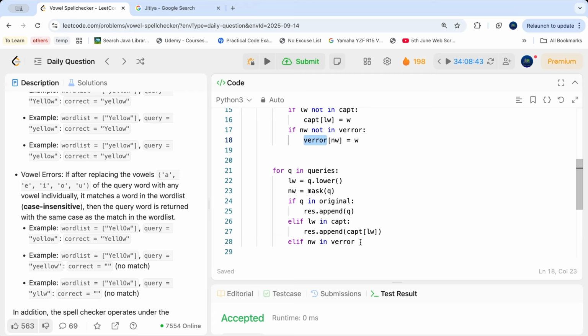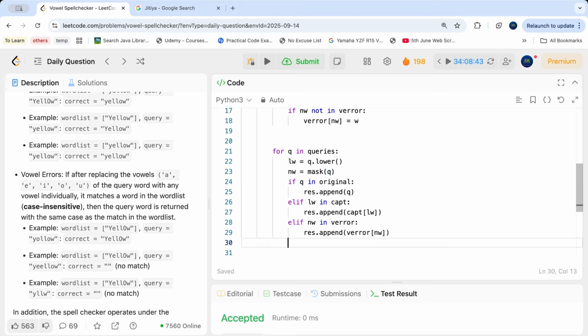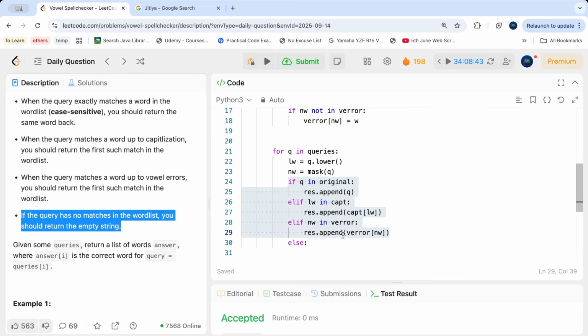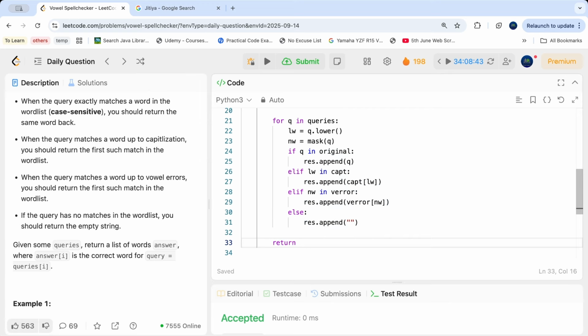This particular dictionary v error. If that is in the v error, then result dot append for my current query word. This v error is going to give me the exact correct word, and the key will be nw, right? Else, if none of these three conditions are true, the question says that it means your word has no match, return an empty string for that particular query. I can say result.append empty string, and now finally we can return the result,